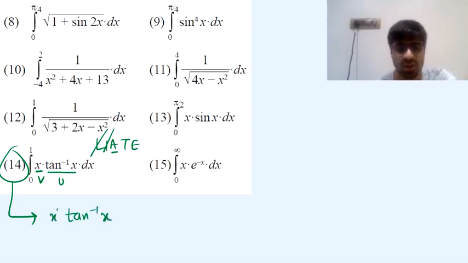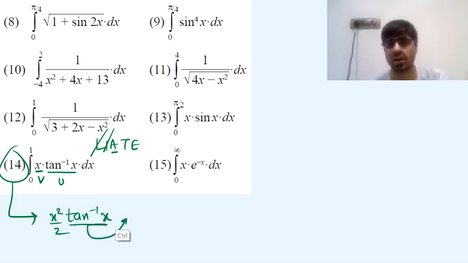I prefer to write that x square by 2 first, because if I write it here, then there's always a confusion whether this x is multiplied with that thing or it's the full thing multiplied with that. Because it's tan inverse x fully multiplied with x square by 2, it's better we write it here so that reading becomes a little easier.